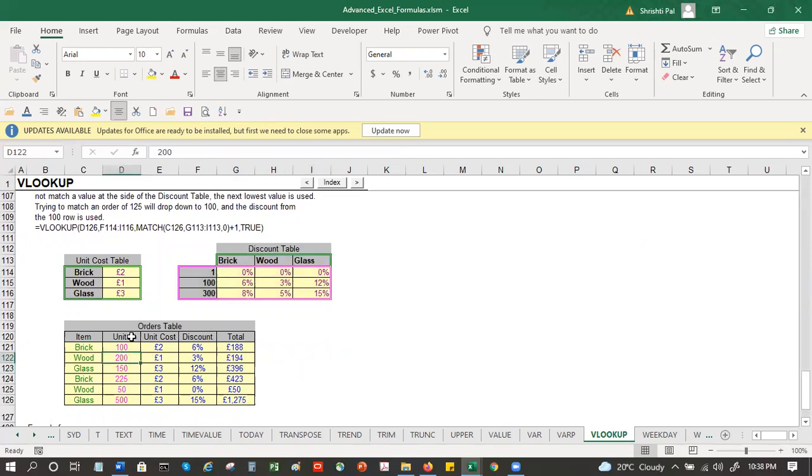So if someone is ordering, let's say 100 units or 225 units, what is the discount? Or 500 units, what's the discount? Because the percentage is going to vary based on which item I am choosing.